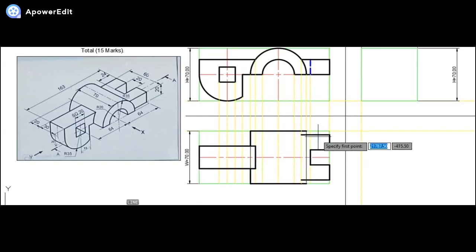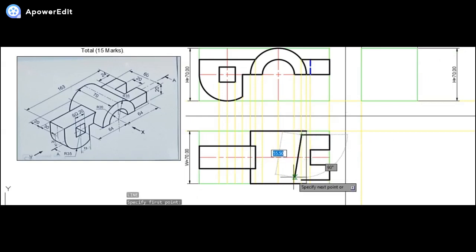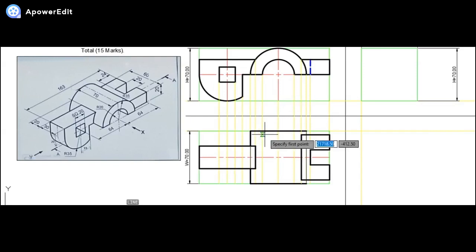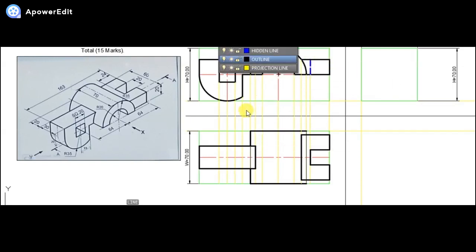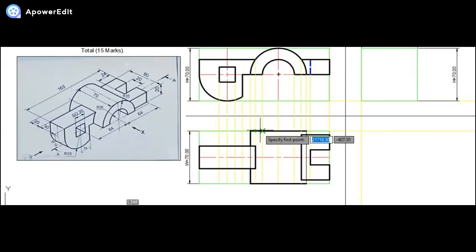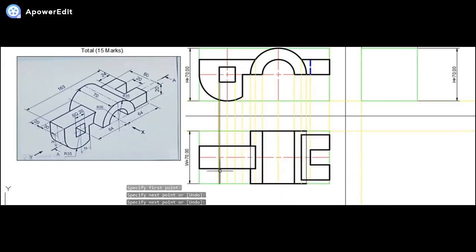Now whatever edge was left out, I need to complete that. Once I'm done with that, if we think about the prominent edges, this through semicircle will be seen by us as a hidden circle. So those will be drawn by us. This one I'm talking about, this one I'm talking about, and even this square slot. This is the square slot.